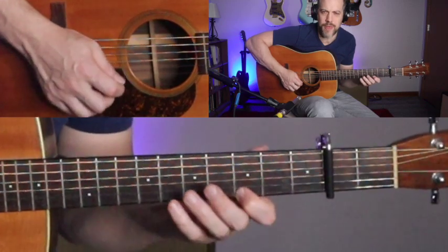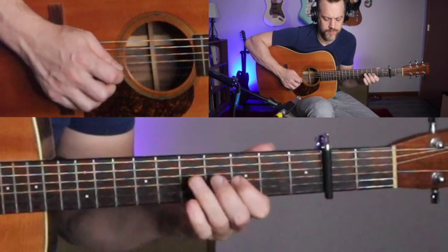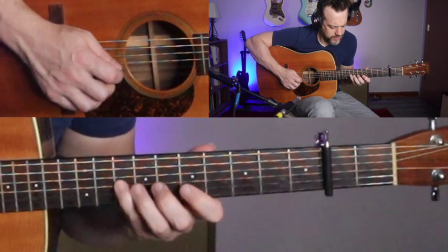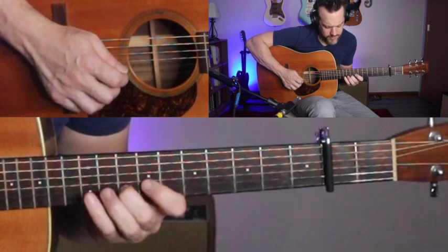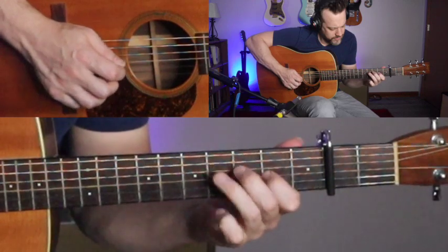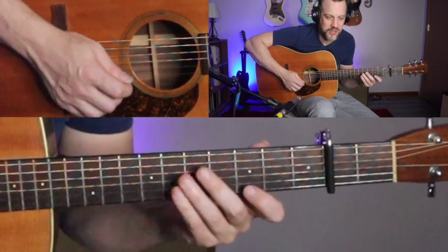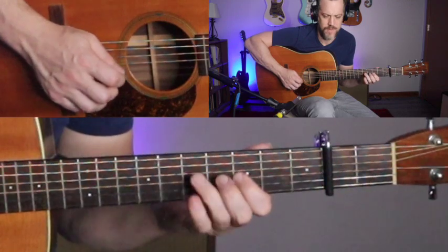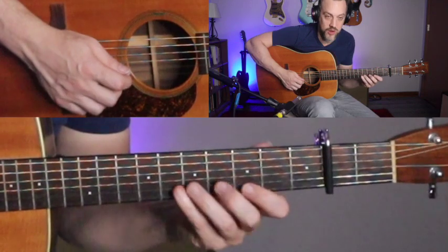Second half. So on this one, this is just straight Tony Rice, and then that was over our G. And now for our C,